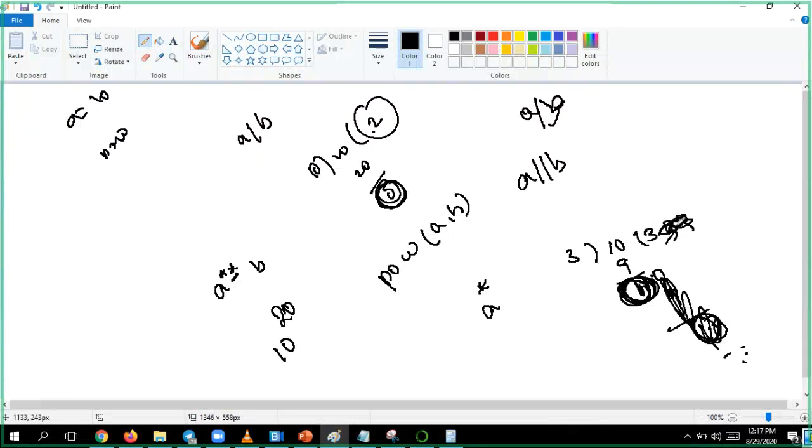As I want this, I will use modulo. If I want only this, I'll get 3.3.3 properly, it will try to divide to a certain extent, 3.3.3.3.3, like that. So if I want this value, I will go for this. If I want the remainder value, I will go for this.